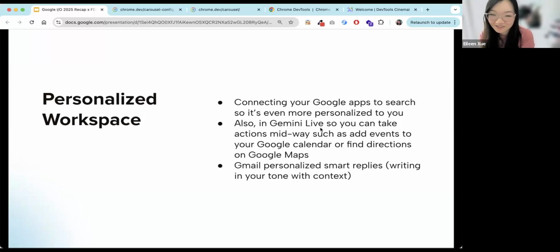I don't know how often I'll use it. I don't know if I'm going to take it out and start a video feed every time. That is something I'm not sure I'm going to always do. But the other aspects, like automatically connecting your existing Google workspace or Google tools, if you are a Google user, like for myself, I've been using Gmail for almost 2 decades. So they have a lot of information about me. That for me is scary if it resurfaces things from like 15 years ago, because it would just know so much information about me. It's just, yeah, I don't know. That part I am a little bit worried and scared.